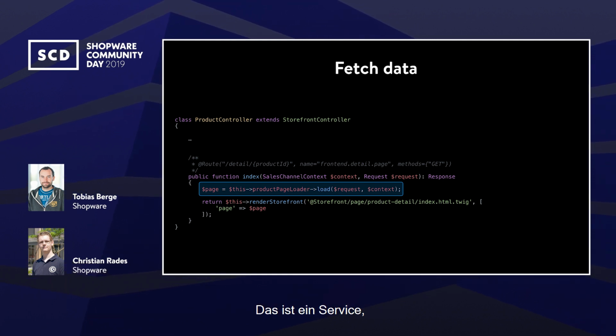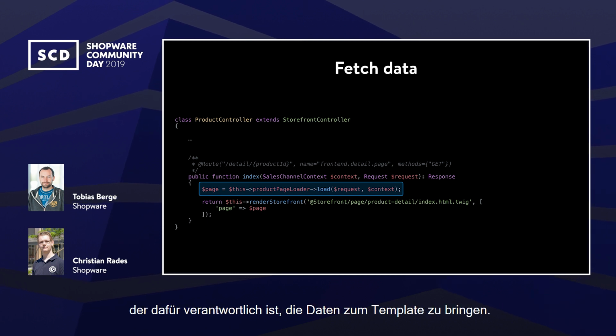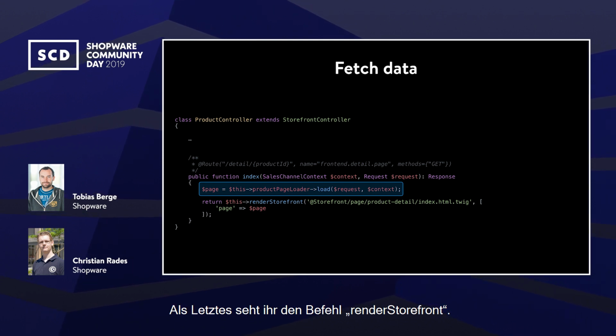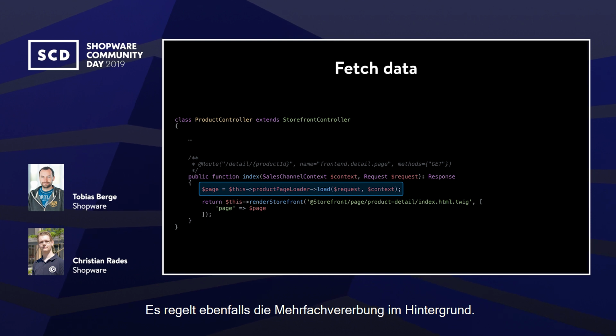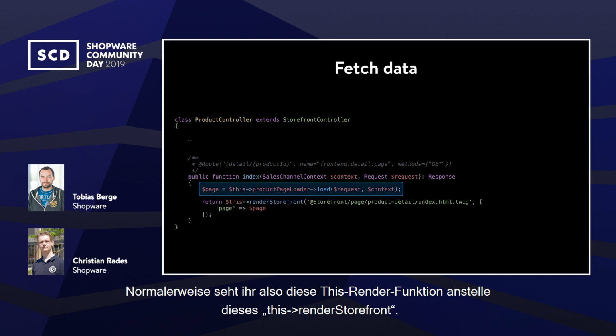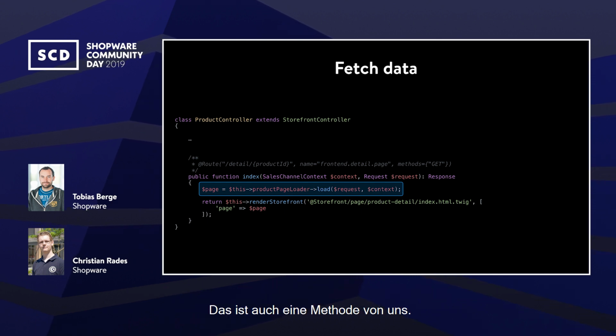This is actually a service, and this is responsible for bringing the data to the template. And in the last part, you can see this render storefront command, and this render storefront is the counterpart to this SW extends thing. So this is also handling this multi-inheritance in the background. Normally you would see this render function instead of this render storefront. So this is also